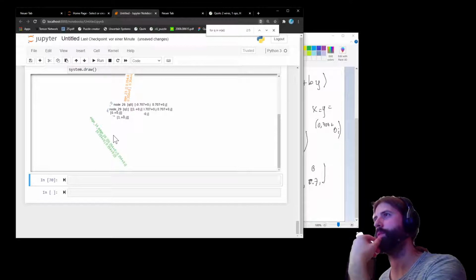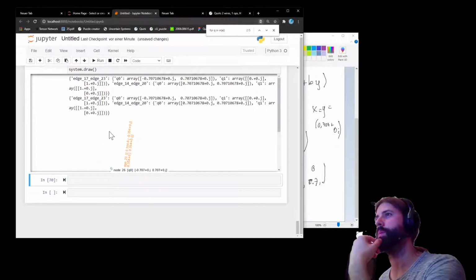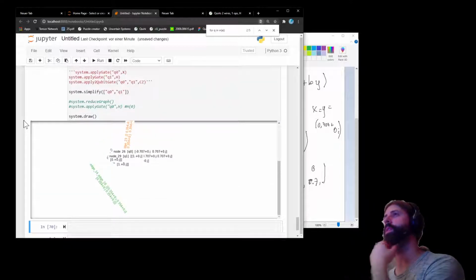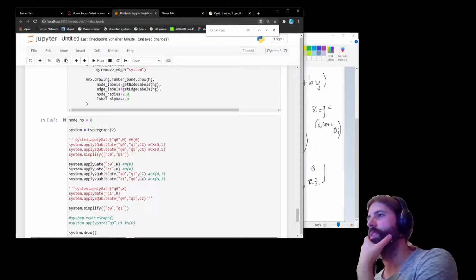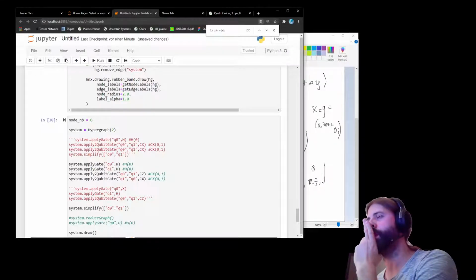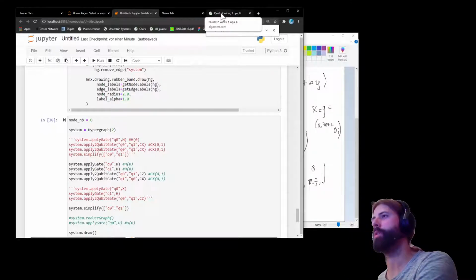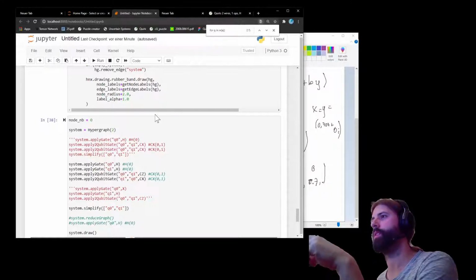Something's off. Again, remember the expected result is that we have 2 branches, right? Because we have Hadamard, and then we have a CZ and a CX. So